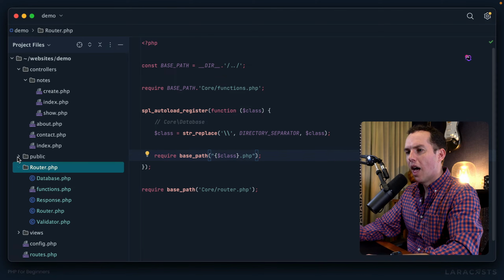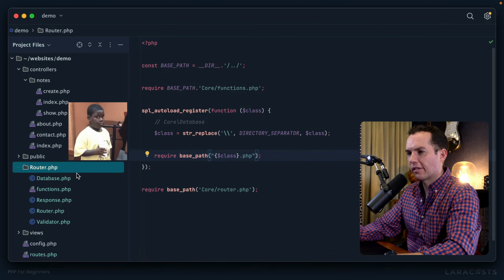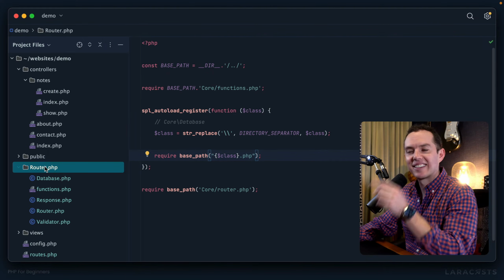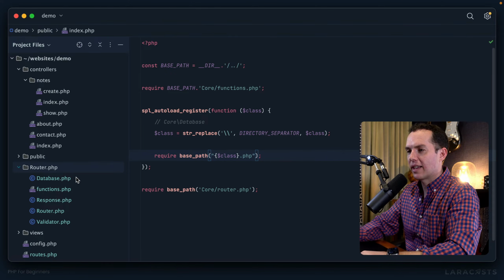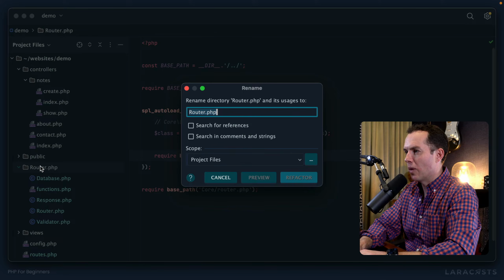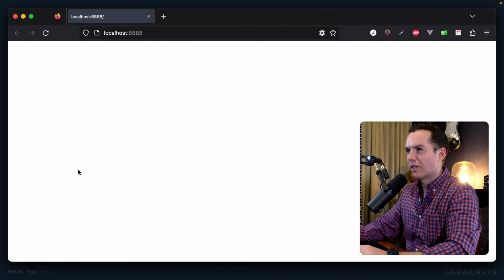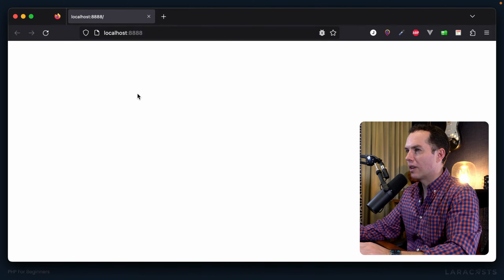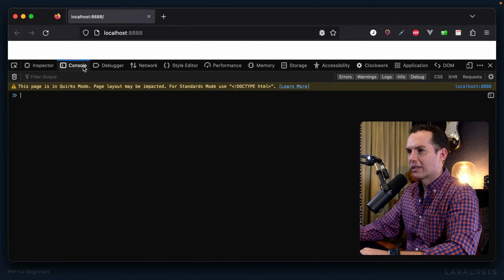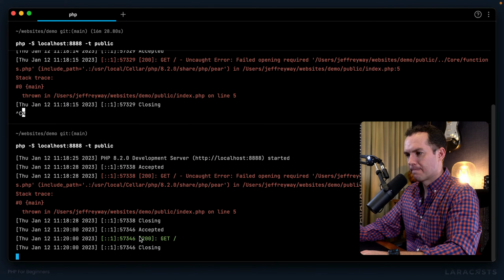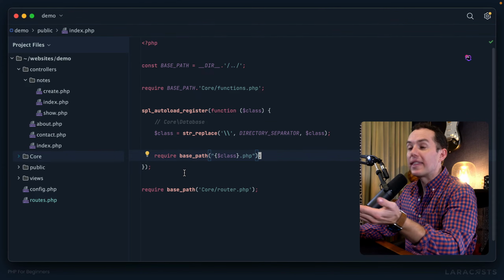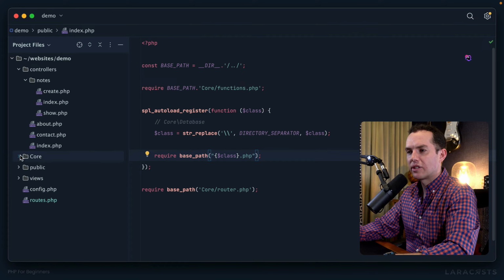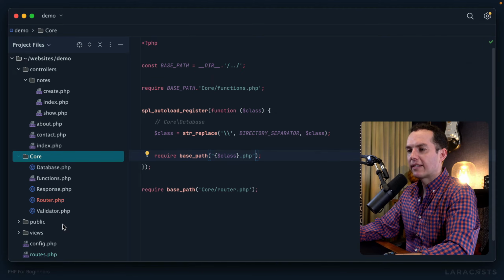Why? What happened here? Oh, I see what's going on here. PHP Storm, how dare you? Looks like I accidentally renamed the directory. That's why the router, okay, I see what's going on here. You saw that. You've been waiting for me to run into this. Okay, fingers crossed, there we go. But now we get the white screen of death. What's the problem here? This isn't a JavaScript issue. Well, let's, oh yeah, of course, this would be the case because we created a new router. I'm such an idiot. Okay, so let's think about the flow one more time, and I'll get us back on